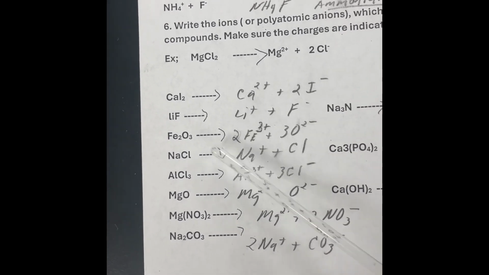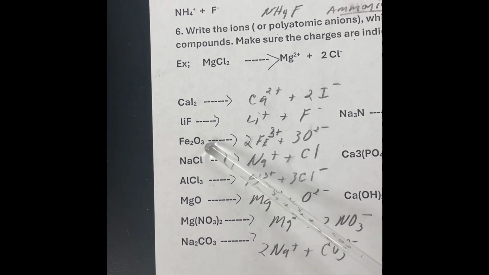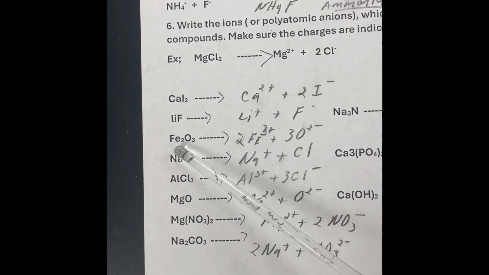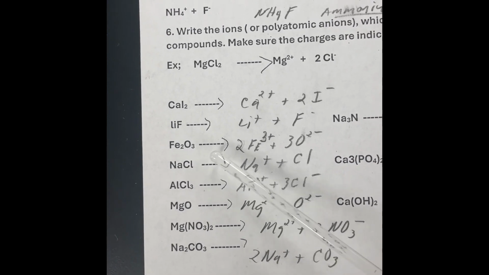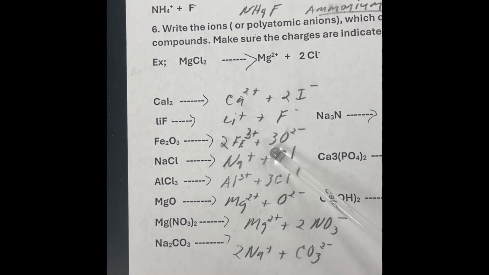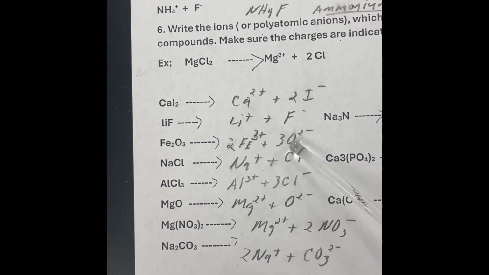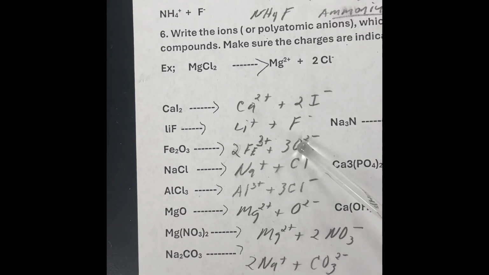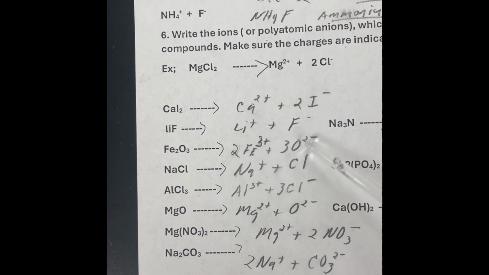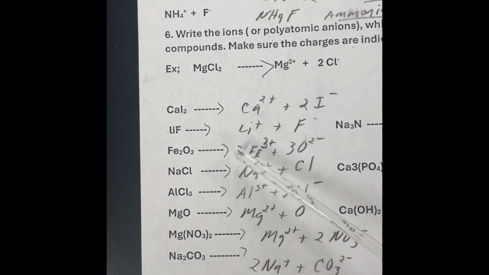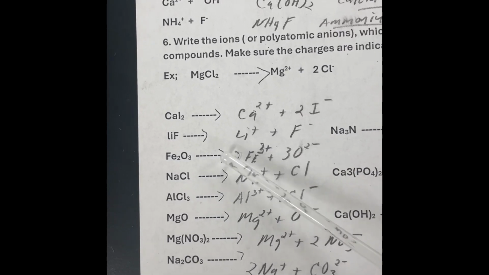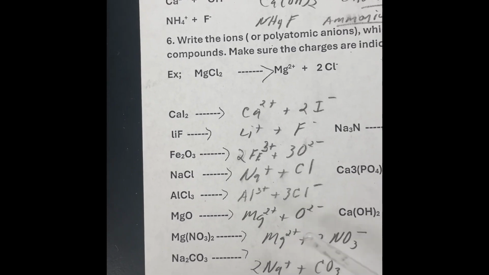Lithium fluoride. This looks like iron oxide, and it looks like that would be iron 3 oxide, but if that ionized, it would release 2 Fe tripositive ions and 3 oxide ions, the 3 of these O2 minus ions. Let's check our work. These should add up to be a neutral charge. 2 times 3 plus is 6, 3 times minus 2 is minus 6, yes. So that is a neutral compound.